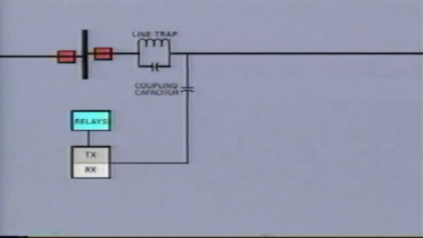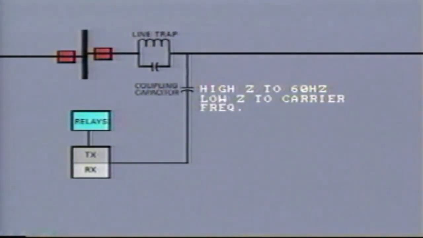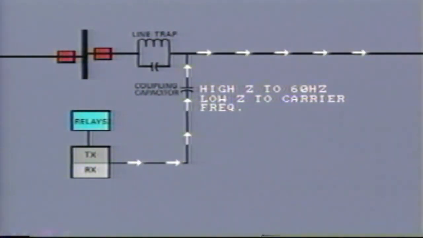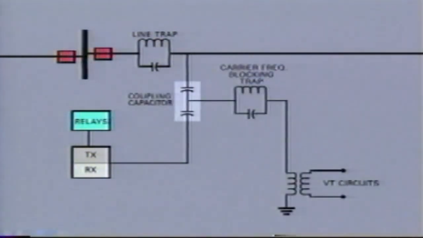As you know, the value of capacitance is selected so as to provide high impedance to flow of 60 hertz power current. On the other hand, at high carrier frequencies, the impedance is low, so the carrier signal can pass easily into the line. Sometimes the coupling capacitor is supplied with voltage transformer circuits which are tapped off the low